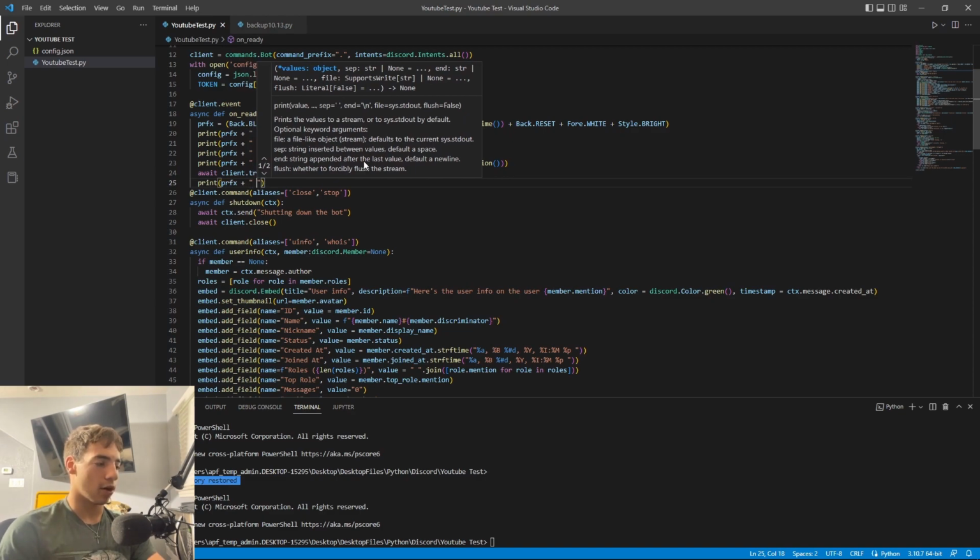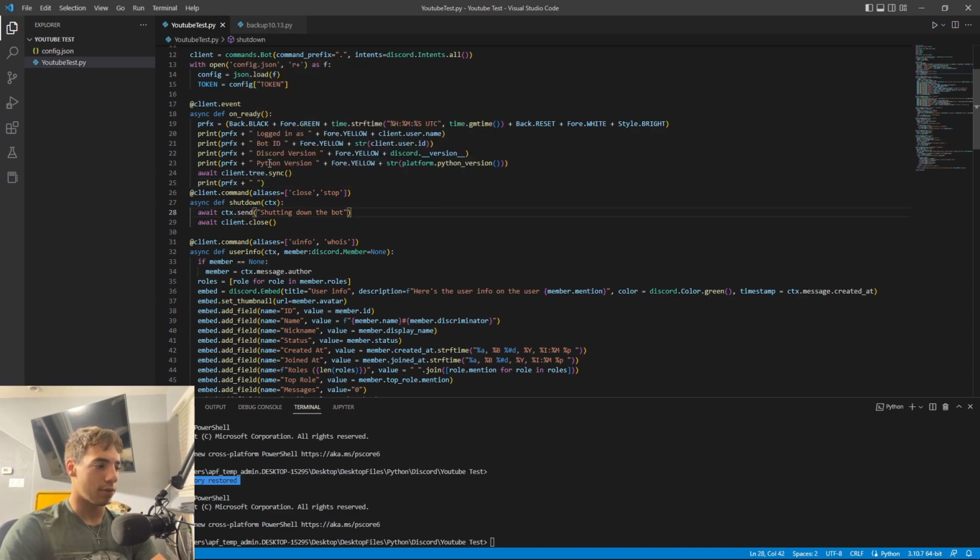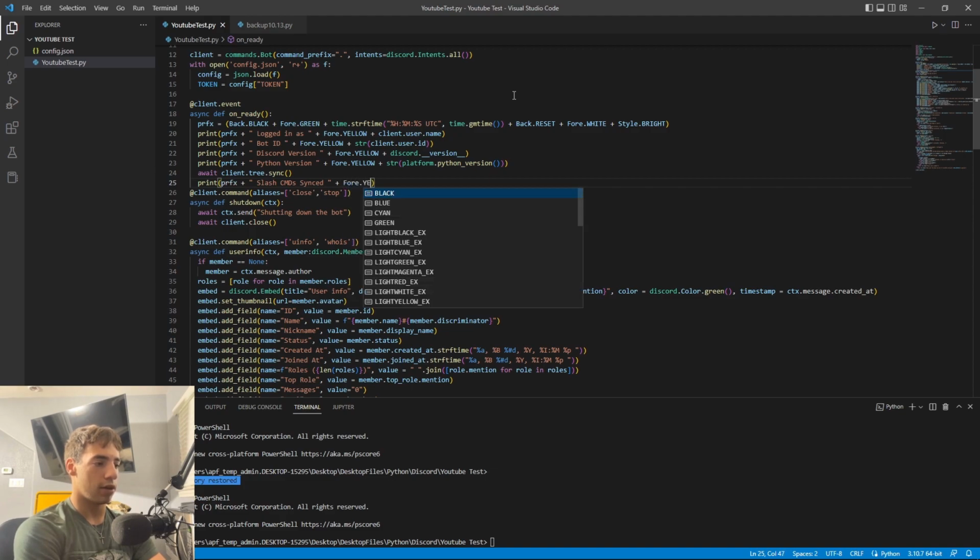So I'm just trying to make our console a little pretty. You can skip past this part if you don't want to do this. I'm literally just printing some information. So we can say slash commands synced, plus Fore.yellow, plus